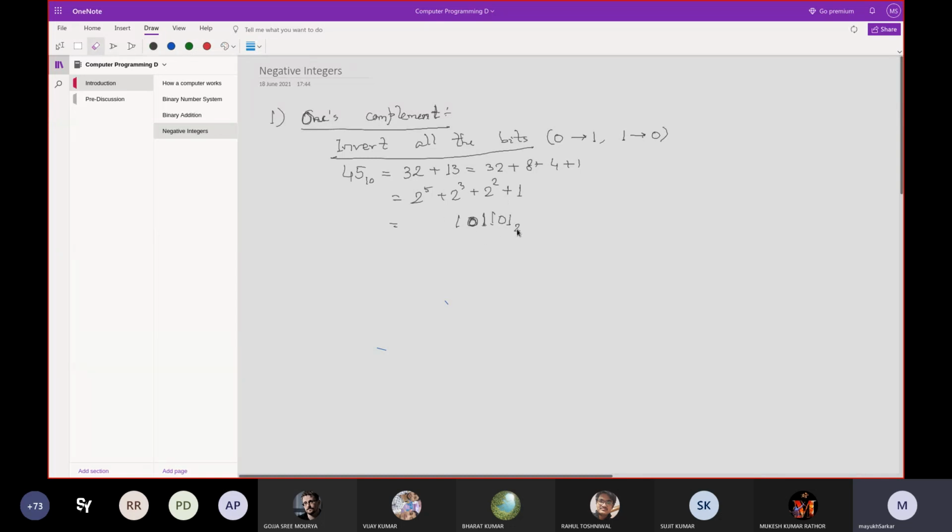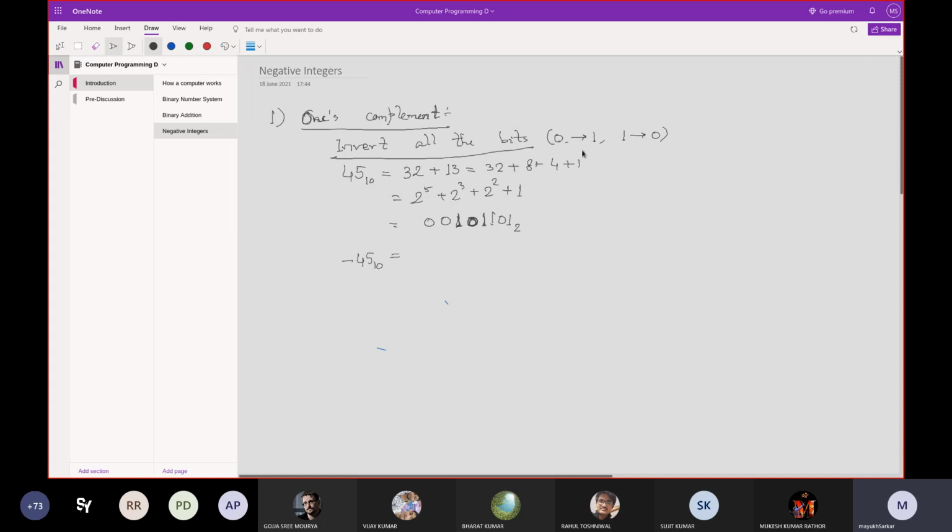Firstly, this is 101101, right? That is 45. But as I have said, ask me immediately whenever you are getting lost in the logic. As we want our storage system to be always a multiple of 8 bits, and these are 6 bits, so I'll prepend two zeros. 8 bits of this. Is it clear?